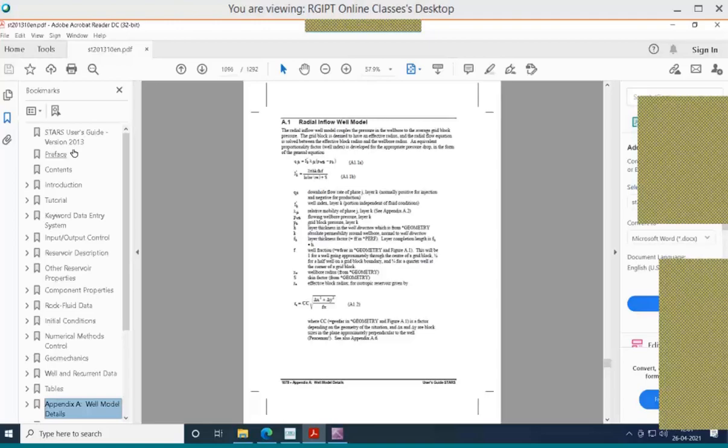But CMG itself has all these models built in. If we want to add an extra equation for in situ combustion, we can do that. But doing everything from scratch will be very difficult. So in order to save time and effort, we must use these kinds of files.